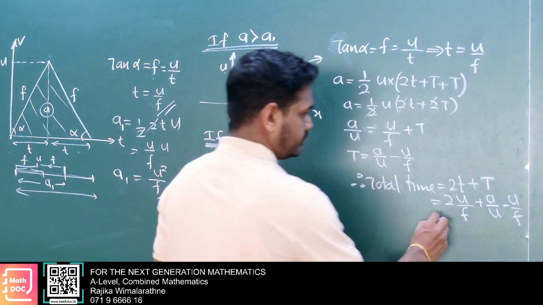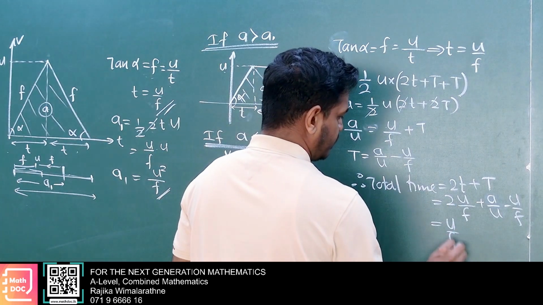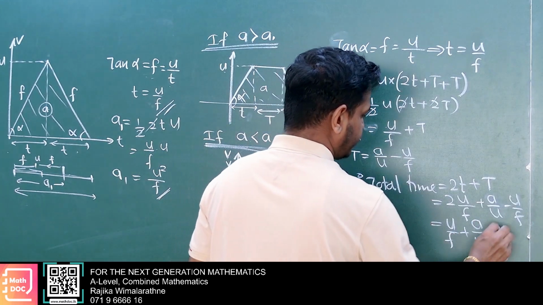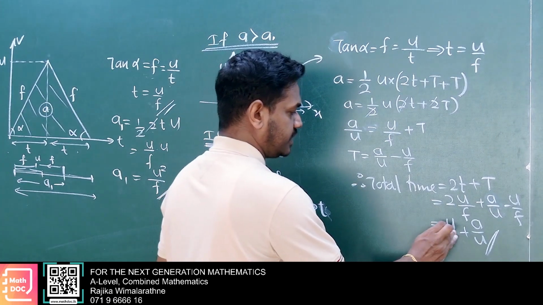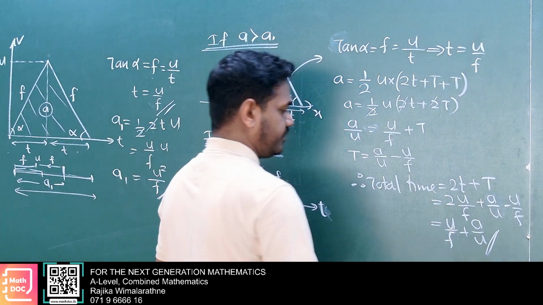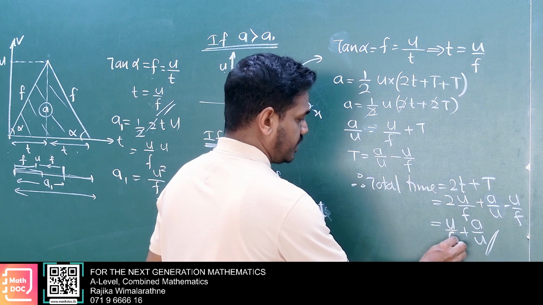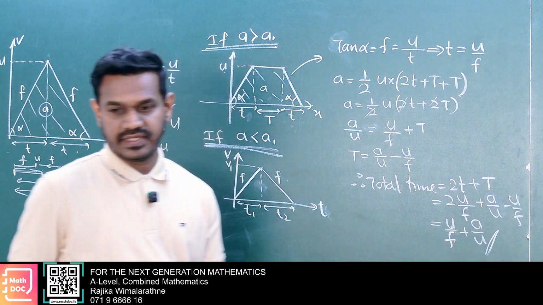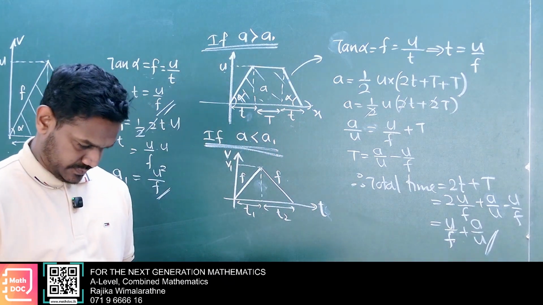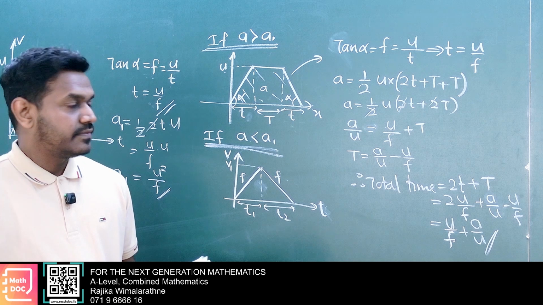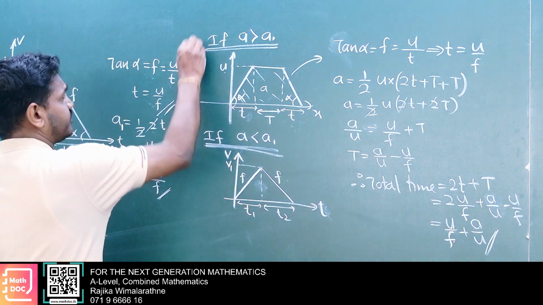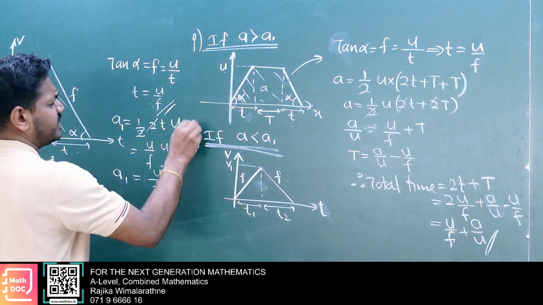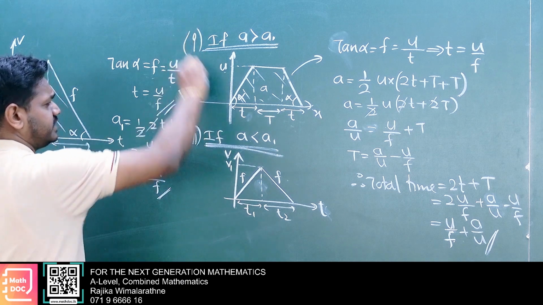Now, u of f plus a over u. Here that case, time. U of f plus a over u is time. Here first case. Second case,